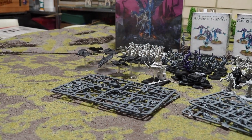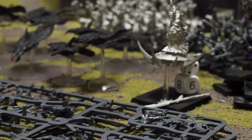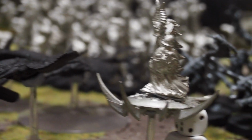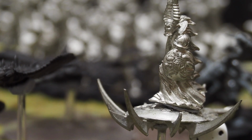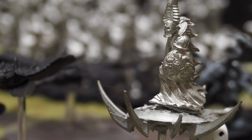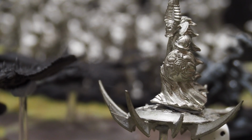This chap on his old school disc, this guy I think is 6th edition metals. It's really when the metals hit their high point before it all started being replaced by, well, crap cast and then plastics. I don't mind the plastic character models, to be honest, they're pretty good, but there is something about the premium metal. So there's this guy, and then there's